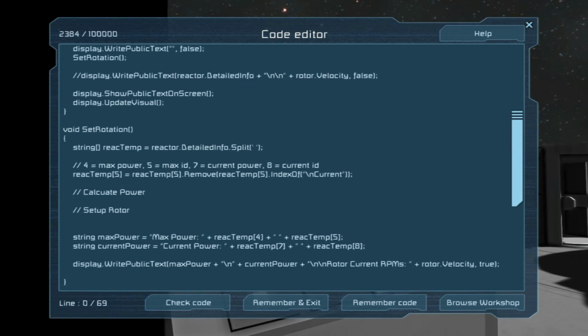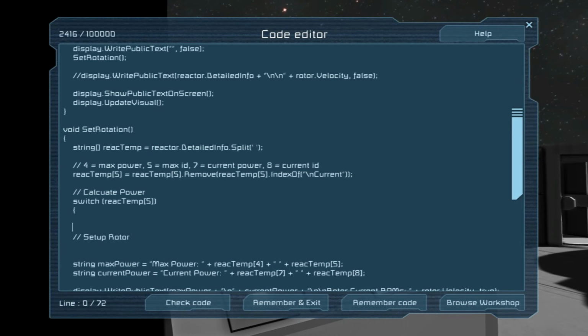So calculating power, what we need to do is say we need a switch case. So I'm going to do switch react temp 5. Okay, it should be fine. I was going to do a toString, but I don't think it needs it.